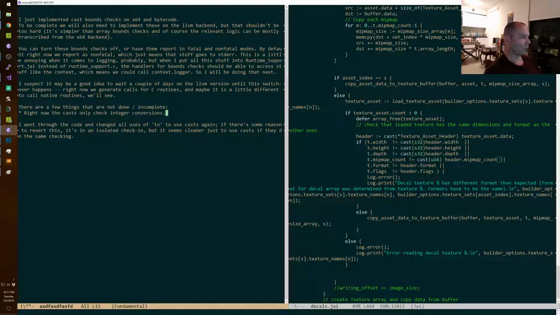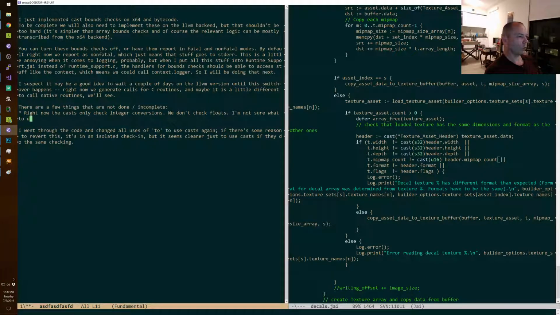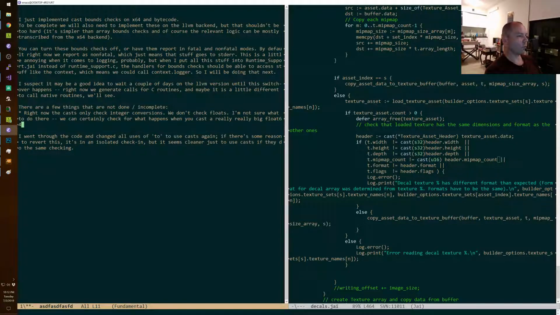Integer conversions. We don't check floats. I'm not sure what to do there. You can certainly check for what happens when you cast a really big float 64 down to something that won't fit within the exponent of a float 32.